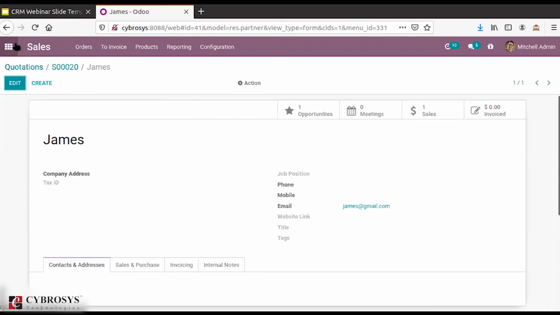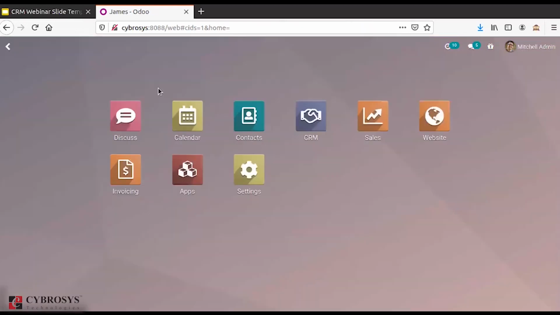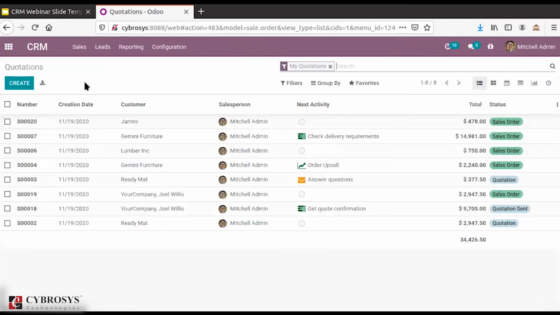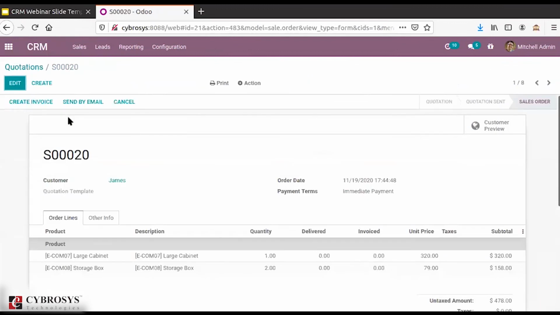Now with CRM itself, let's go back to CRM. So in CRM, you can see under my quotations, you would be able to see those quotations that are with you, like the details of the quotations.